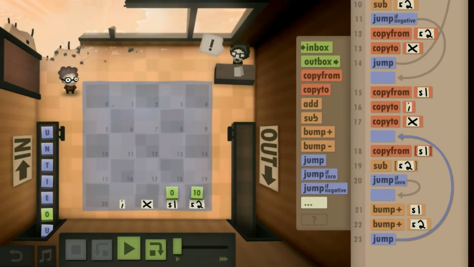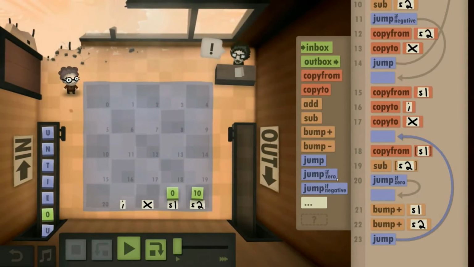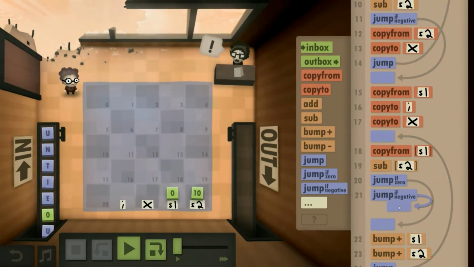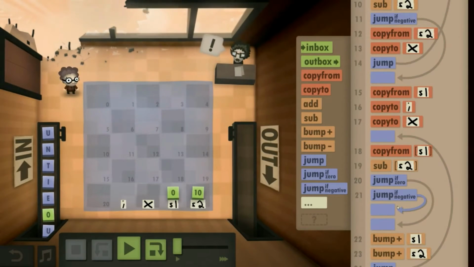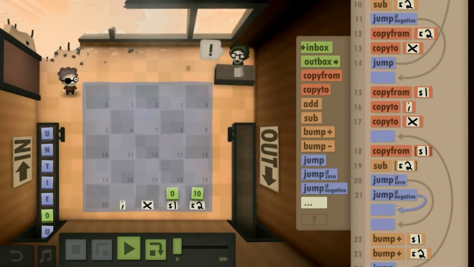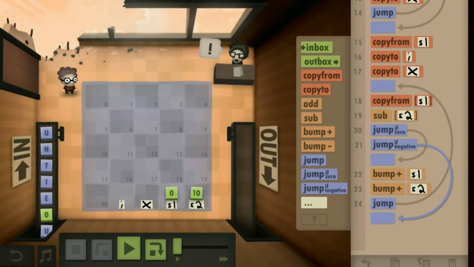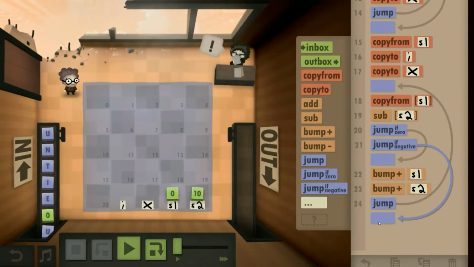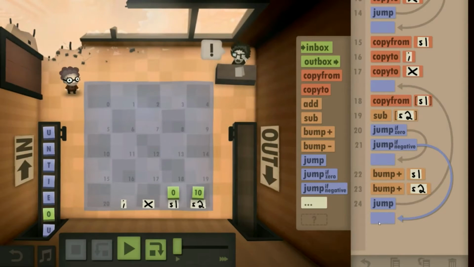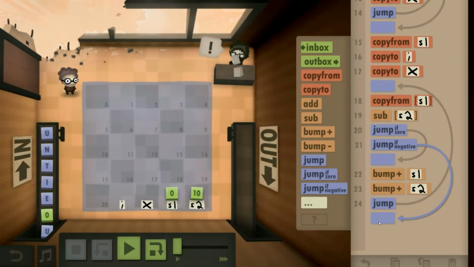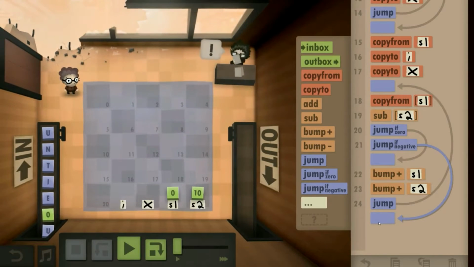Okay. Then, if it isn't 0, we need to know if it's bigger or smaller. If it's negative, we go down here, right? If it's not negative, then we'll do something else. But if it's negative, we know that the second number was bigger than the first number. This is the mistake I keep making because logic may not be my strong point. So the second number being bigger means the first one is the right one. And so we need to go to a loop